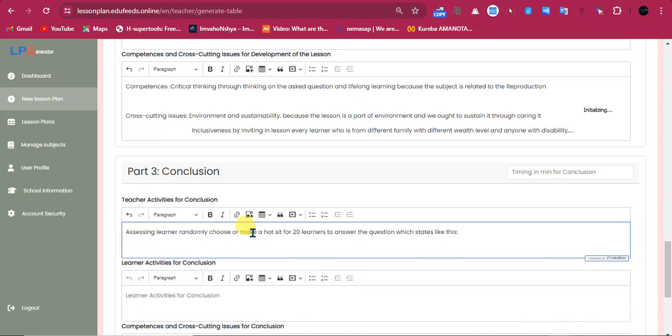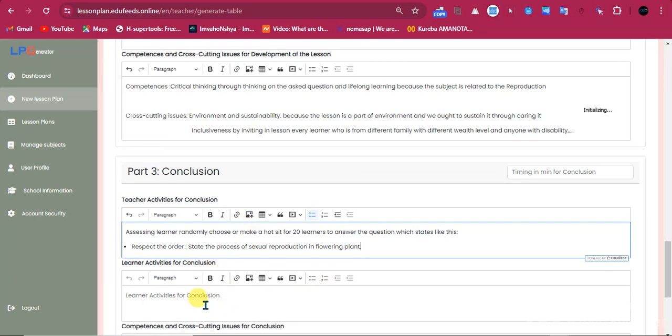Respect the order, the criteria for standard: state the process of sexual reproduction in a flowering plant.